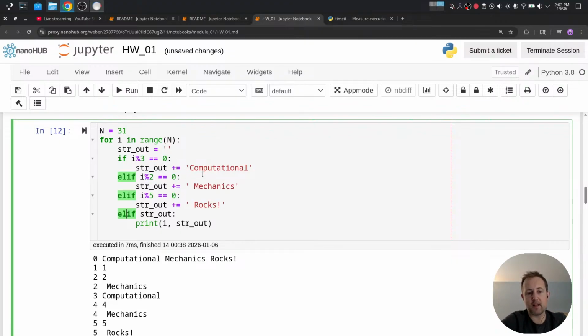So if we're doing if and elif, really I would need to start off with the most general case of saying, and then down here,